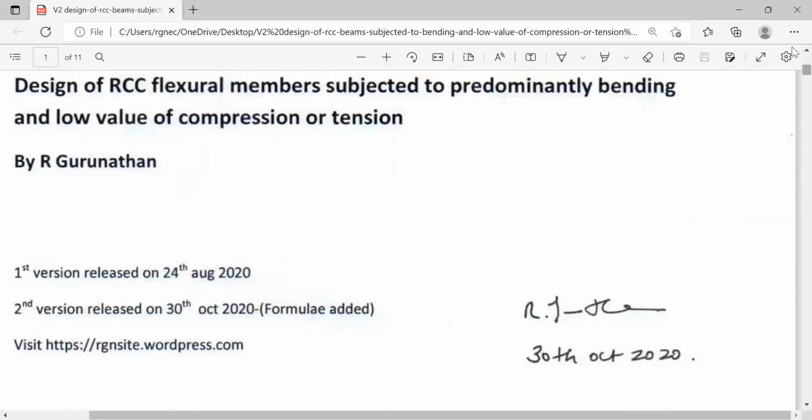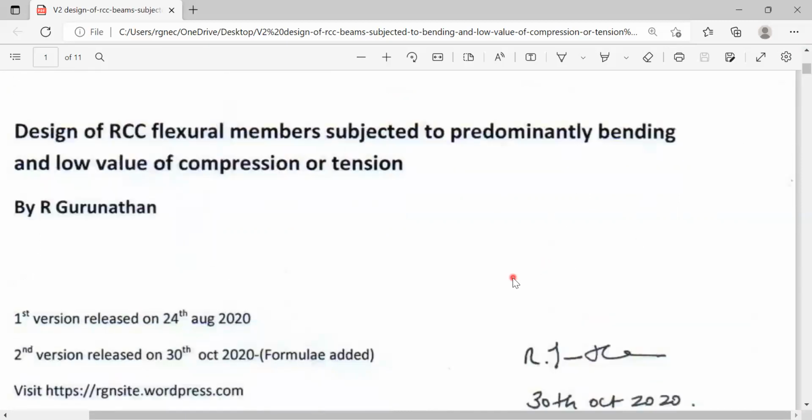And there is one more blog material where all the analysis and design problems are addressed, that is titled Stress and Strength Analysis of RCC members. So this blog material as well as the other detailed blog material, Stress and Strength Analysis of RCC members, are available in my website, which is